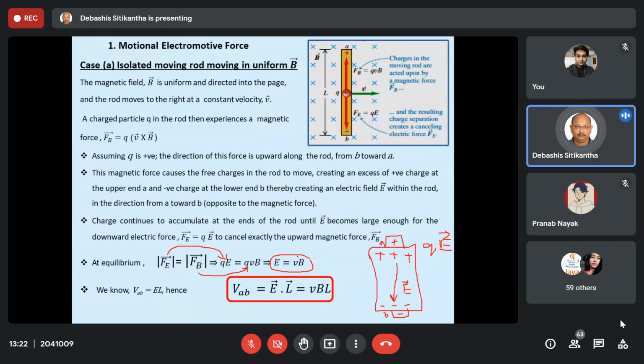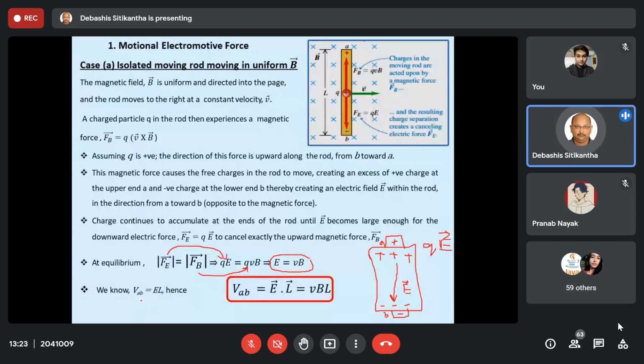Now the purpose of any EMF source is to develop a voltage across the load. So voltage is something we require in order to drive the load. So what is the relationship between your electric field and your voltage? It is very simple. The potential difference between the two ends of the conductor, that is VAB, is equal to the electric field times L. This thing we have already studied in the chapter on electric field. If you have not remembered, please go through those and you will see all these relationships.